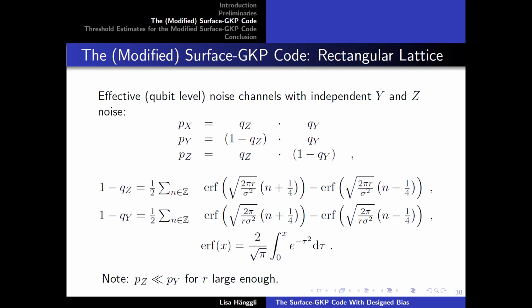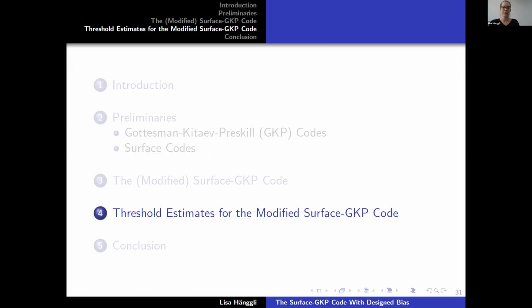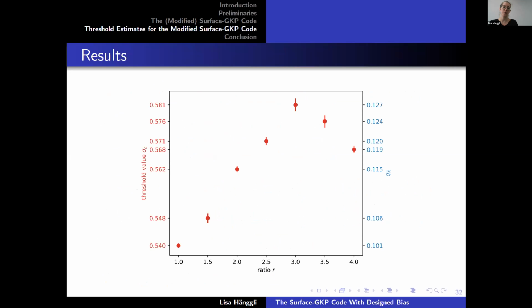So, however, even though we also have dominant Pauli Y noise, this is not exactly the same noise model as they considered in the works of Tackett and co-authors that I quoted in the beginning. So we had to do our own numerics, and this leads me to our numerical results, namely our main numerical